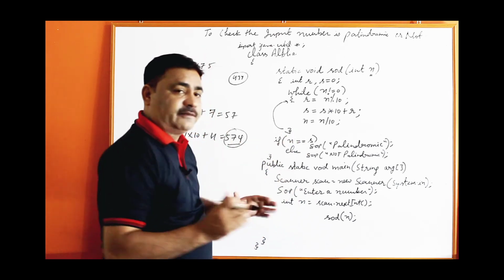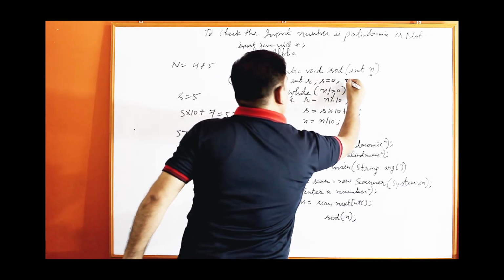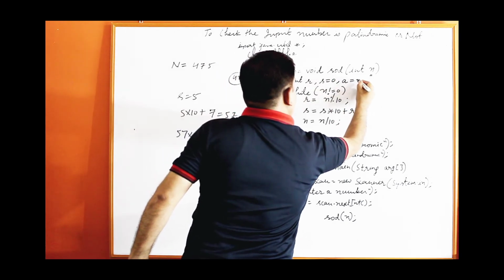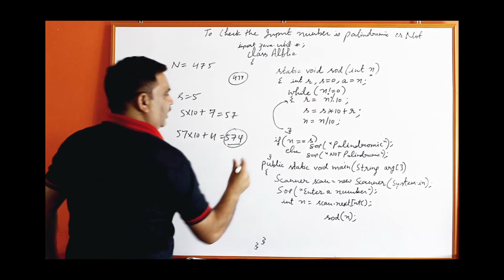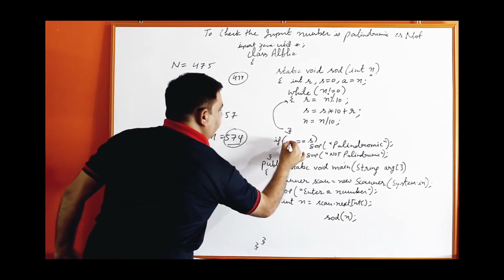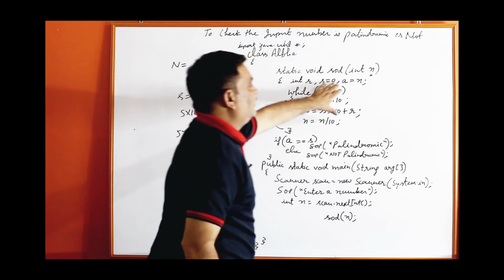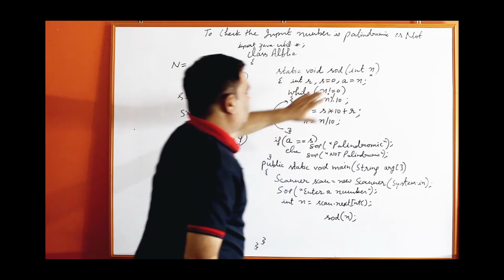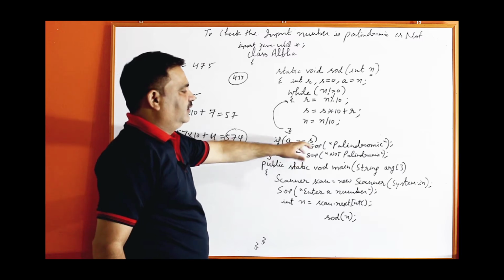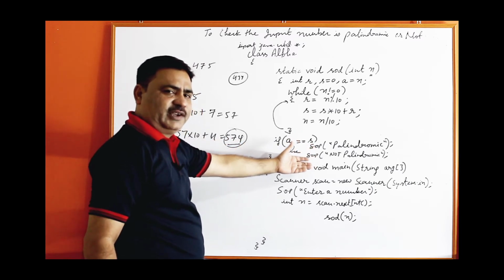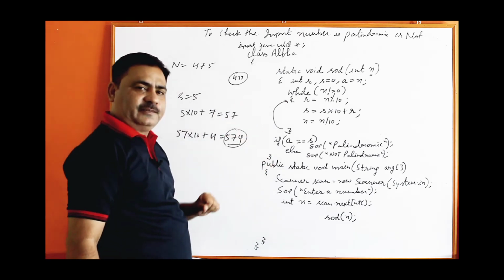So, what do we have to do? We have to take one more new variable, maybe a temporary variable like a, store this value into a, and instead of comparing n, compare a, because after the loop n will be 0, but a will remain the same as the input number. So, now the input number you have to compare with the reversed number, then you can check whether it is palindromic or not. Now, this is the complete program.